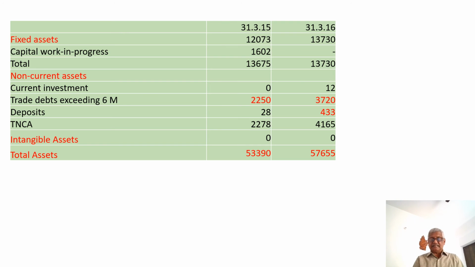For the fixed assets, the depreciated value will be shown. The capital work in progress will be shown separately because that cannot be depreciated. Together in 2015, it was 136.75 crore and 16.02 is capitalized, and the net block had increased to 137.30 crore. Likewise, when you come to the non-current assets, all investments, whether current or long term, will be shown